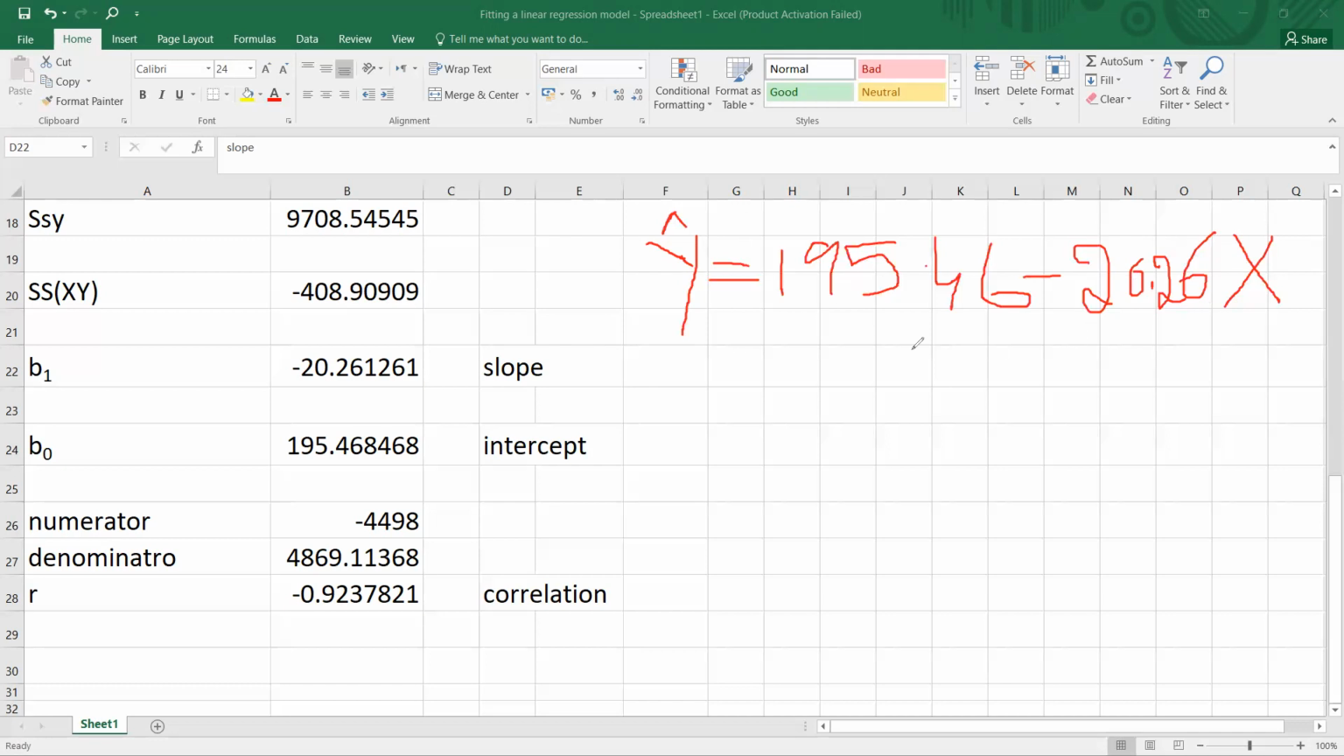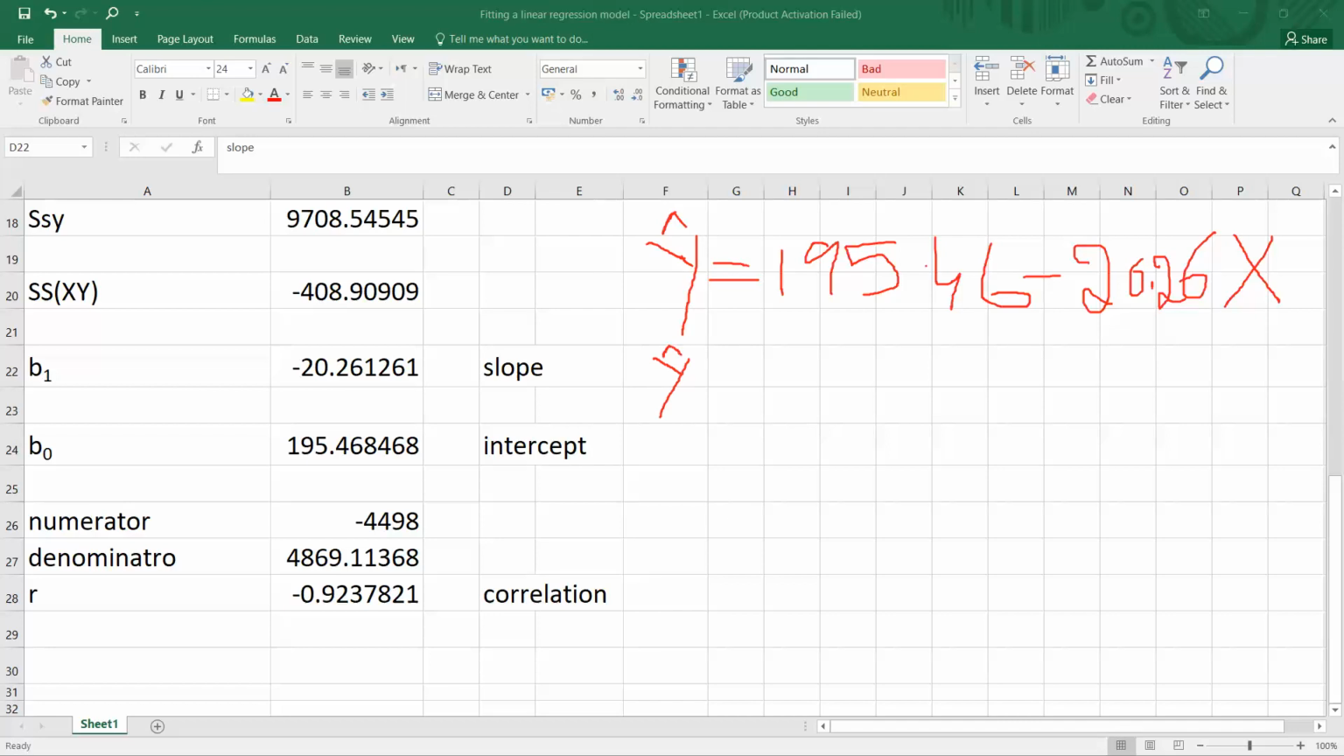Now what the intercept is indicating, if the age of car is 0, means the brand new car we have, the price will be what? The price of the brand new car will be 195 multiplied by $100. That is $19546. This is the definition of intercept. And what is to be done next? You have to estimate y